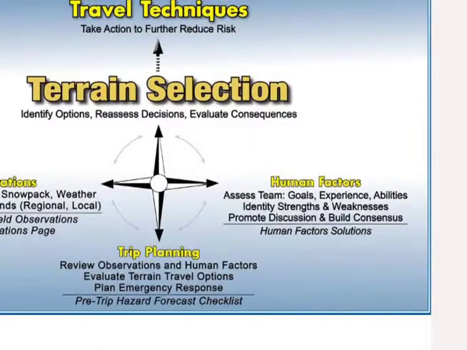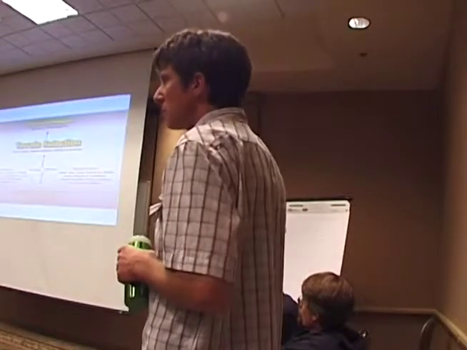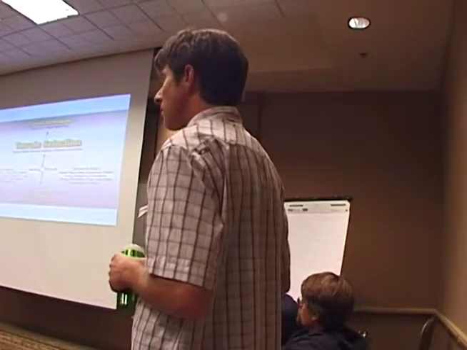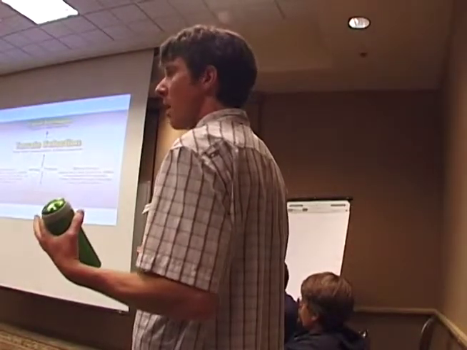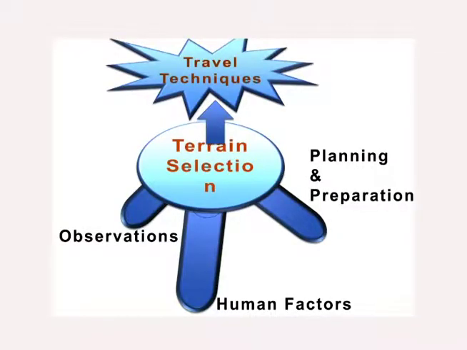We've got the pre-trip hazard forecast checklist and the human factor solutions. It's a lot of detail in this diagram now. And in some ways, the downside of doing what we've done is we may have complicated the picture to the point that it's harder for the student to grasp the mental model that we're putting out there. So our job is to really give them something a little more simplistic as well. It's a three-legged stool, and if any one of those legs of the stool is too spindly, then you don't have enough support for the decision. And as we grow, these little pencils grow into oak trunks.